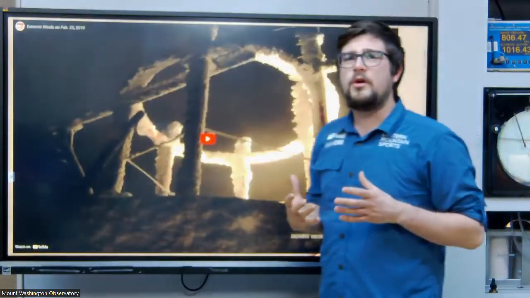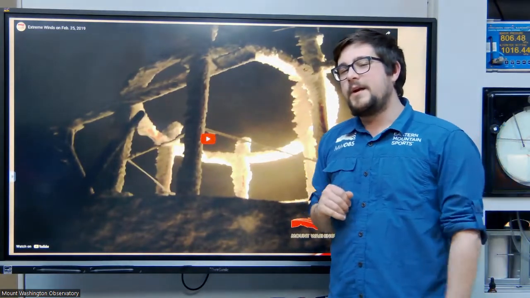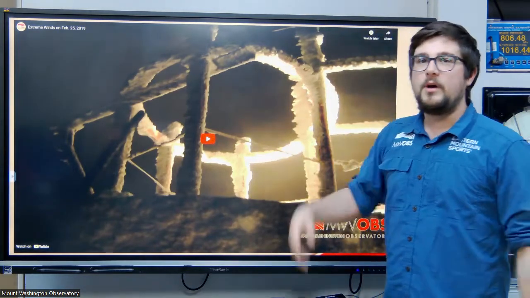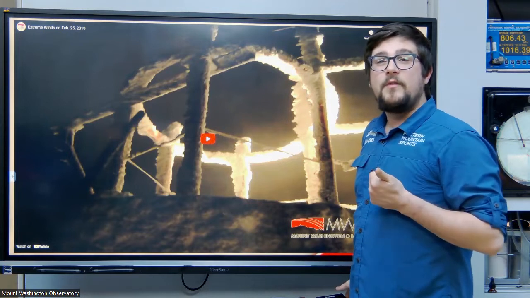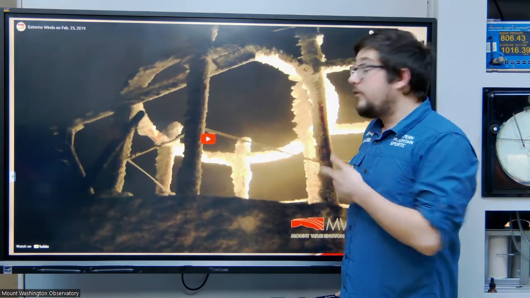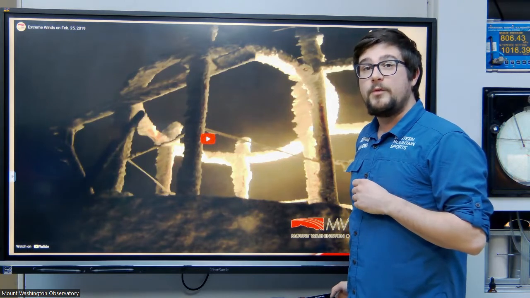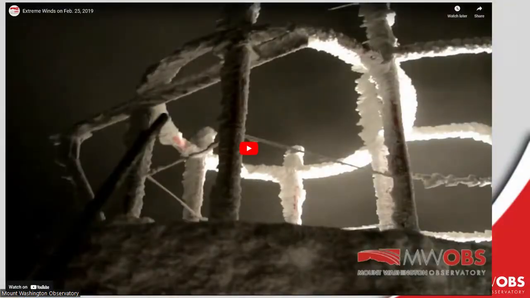Winds also do occur during the wintertime, so we're going to step back outside. That event that I mentioned back in 2019, the February 25th event with 171 mile per hour wind, well, this is what it looked and sounded like. You'll notice, again, all the anemometer is working. And you also notice in this one a lot more rime ice as we are well below freezing in this video. So without further ado, let's step back outside into the parapet ring, and here we go.